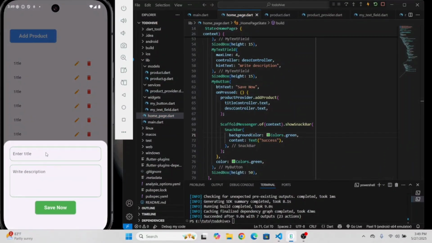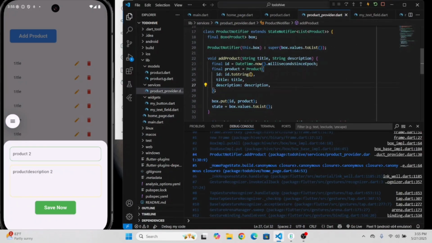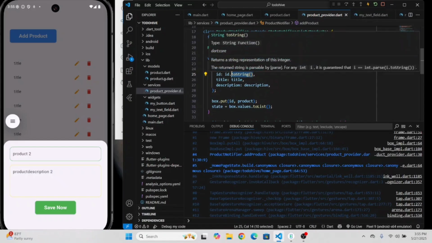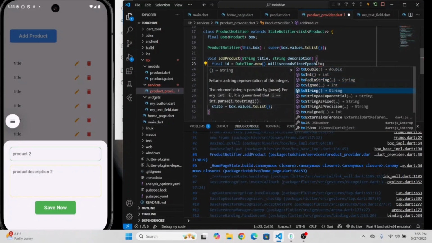Save it and let's try to add the product. Let's write here product one and now click on the save. Okay guys, open up the product provider and go to the toString. So instead of doing it like this, toString, we have to change it over here to string first. Okay,